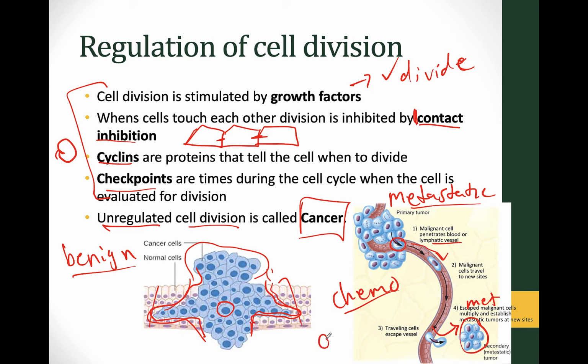Chemo is an anti-mitosis drug. So what chemo is going to try to do is try to stop these cells from dividing, and it's going to try to poison these cells faster than it poisons your cells. So take a minute and think about what are some side effects of chemotherapy. Right, so if you've maybe had a family member or friend who went through chemotherapy, like what happened to them?